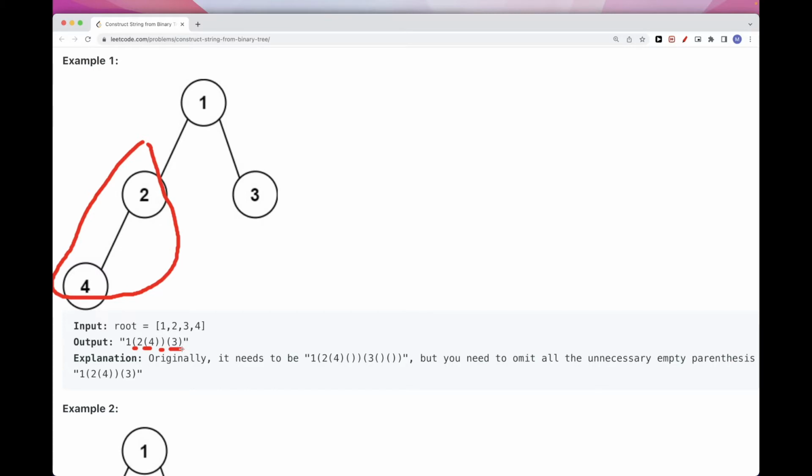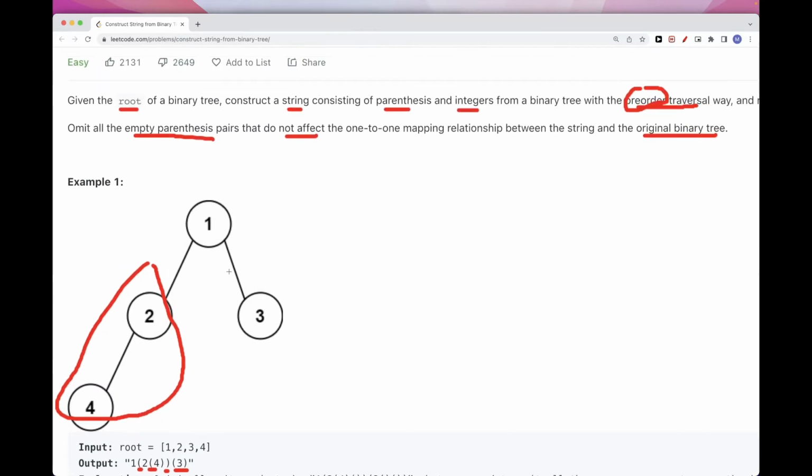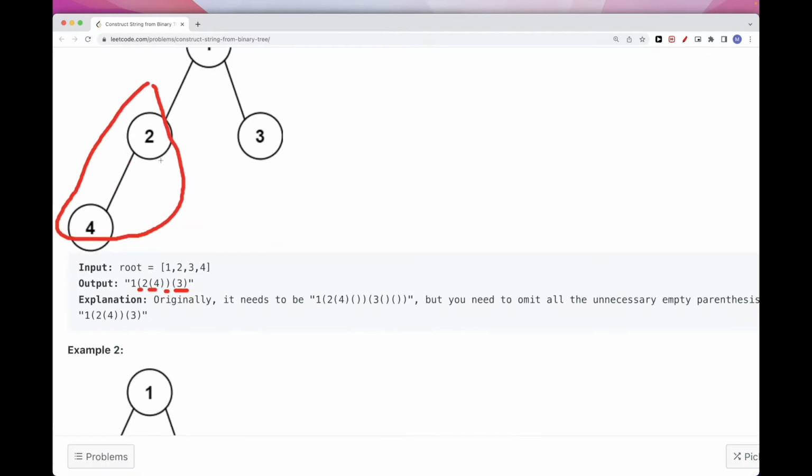Now, if you don't do any processing to remove the empty parentheses, because we have an empty node here on the right, you may get 2, 4, and then an empty string like this on the right. And similar thing, because there is an empty subtree here, so both left and right side are none. You will get both empty parentheses, right? And so we'll need to prune these because they don't add any value,